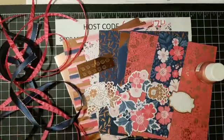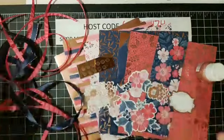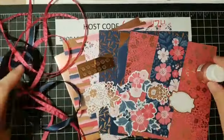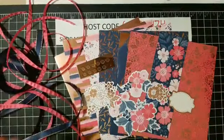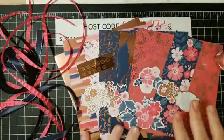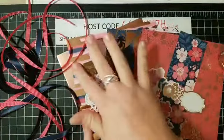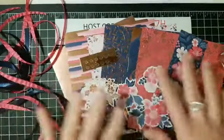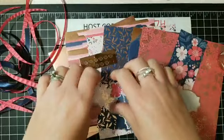Before we get to all that, I just wanted to show you some of the Everything is Rosy product medley. I don't have everything. This is actually my mom's; she bought it, and so I took a few pieces from her kit to be able to show you. But there is some gorgeous paper. There's some rose gold foil back here. You get 8 sheets of everything. You get tons of little